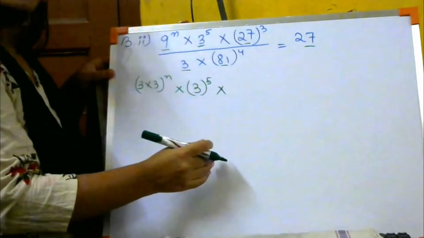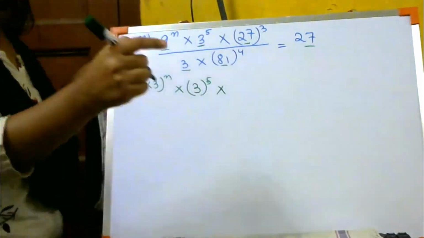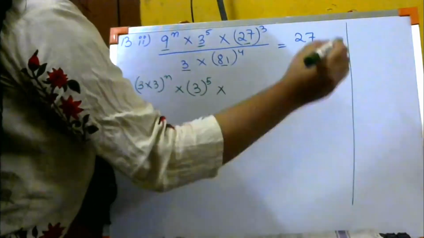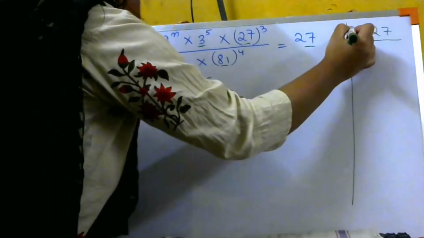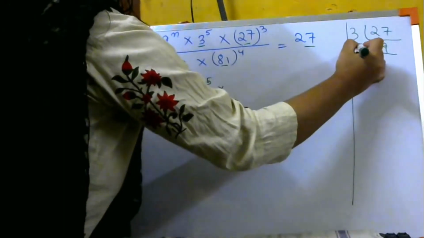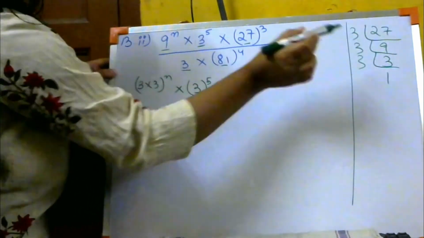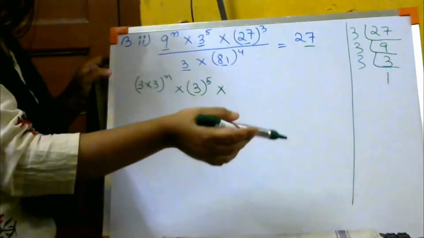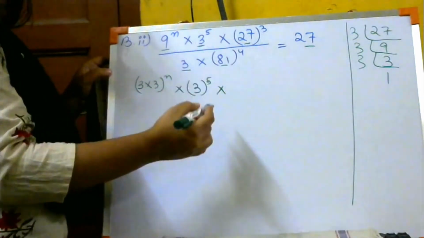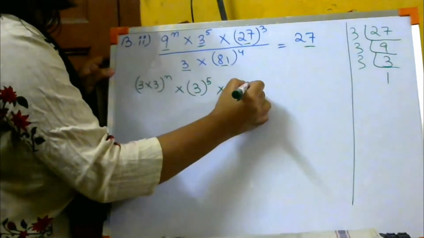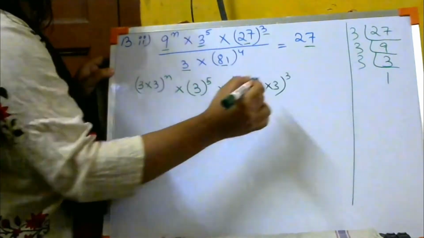into 27. 27 3 को कितने बार लिखने से आता है? If you do not know this, then let me give you a simple way to find it out. You find the prime factorization for 27 with 3. So 3 9s are 27, 3 3s are 9, 3 1s are 3. देखो कितना बार 3 आया? 1 2 3. मतलब 27 को अगर 3 में चेंज करना हो तो अगर 3 को हम लोग 3 बार लिखते हैं, मल्टीप्लाई करते हैं, तो आंसर 27 आएगा. So how we are going to write? 3 into 3 into 3 to the power, देखो यहाँ पे 3 था, we are writing 3 over here.